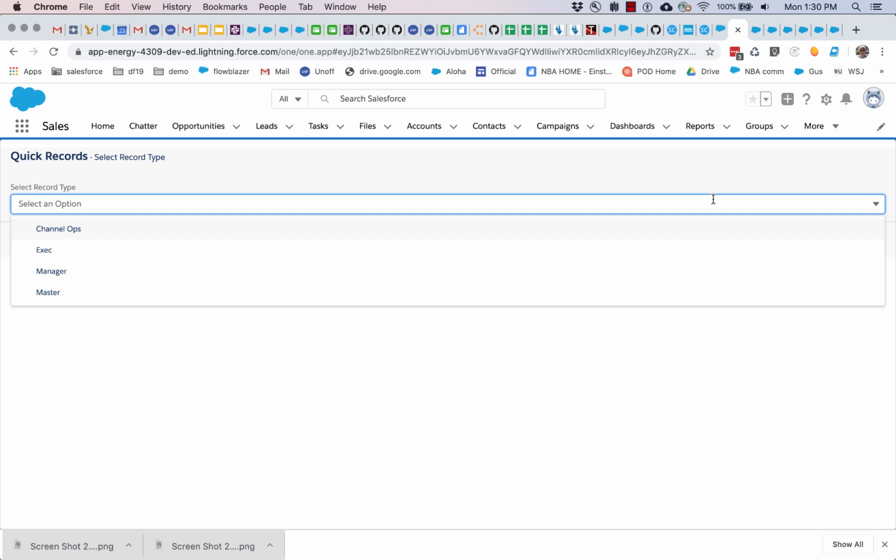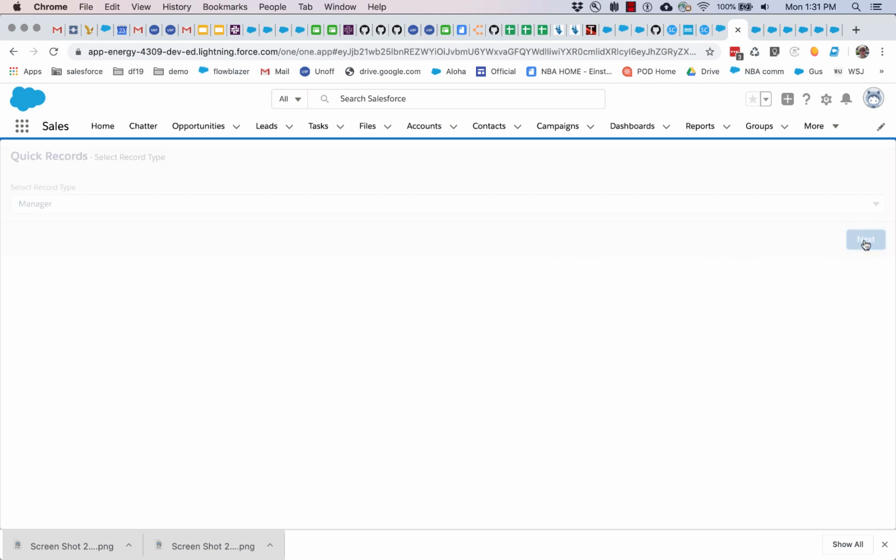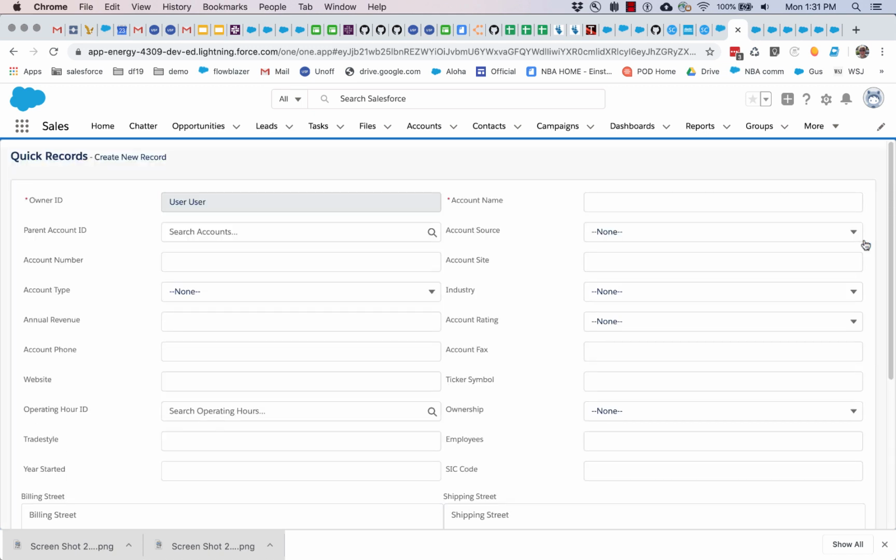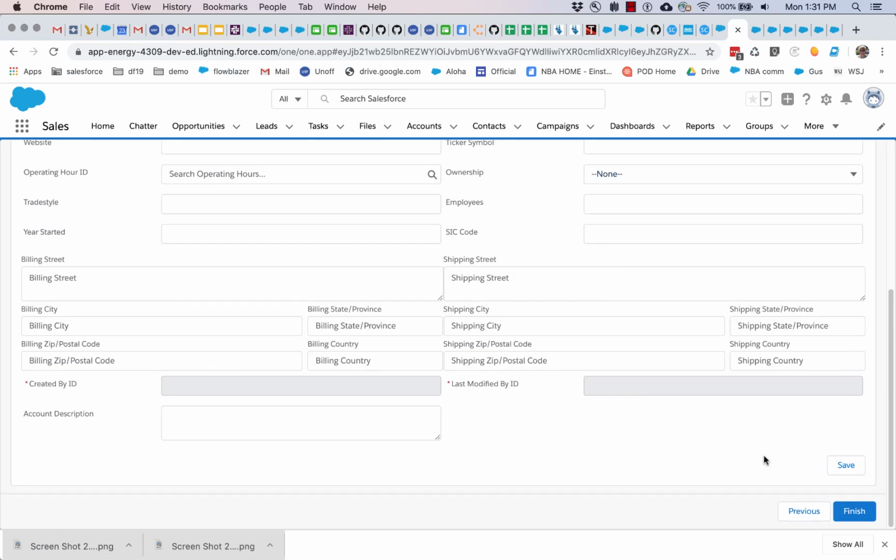So I have 3 record types. The flow is smart enough to detect those 3. And I am now going to show a record type specific layout. So in this organization, the layout that's associated with the executive record type is designed for just the quick facts for the executive. And the one for manager is sort of all the fields. So if I select this record type here